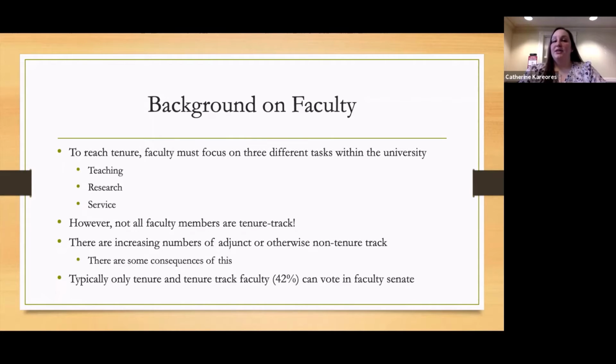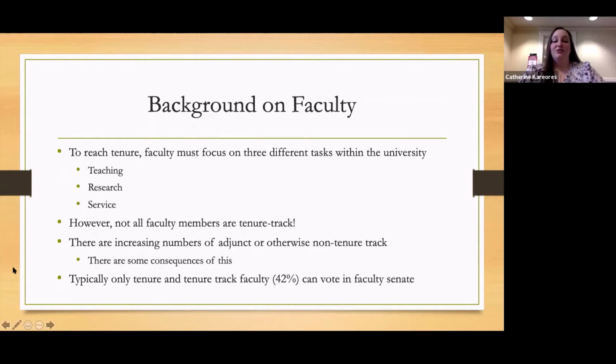So if there's a faculty member and he's teaching a Biology 101 class and he's an adjunct faculty and he's thinking, all right, this class ends at 1 o'clock and by 2, I have to be on the other side of campus ready to teach a completely different class, he's not really thinking about the time that he could spend building those connections with students or answering questions or hanging out, getting a coffee with them in the way that another professor may be able to. So for someone who's adjunct, they're not having that same experience building that connection to the campus community. That can really have a big impact on how the students build that relationship with the professor and his or her connection to the campus.